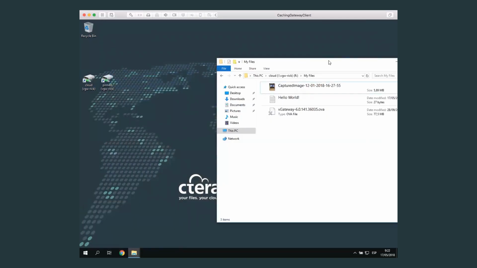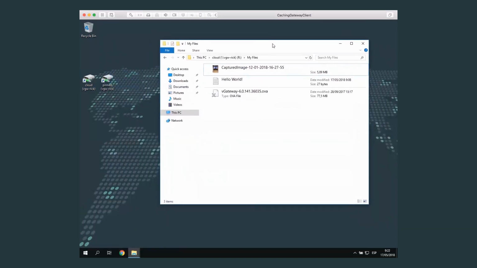There is an additional way to connect to your files whenever the gateway is not available. So we had one scenario which we just discussed, which was as a roaming user or as a mobile user, how can I access files that are stored on my CTERA Gateway? But we have another